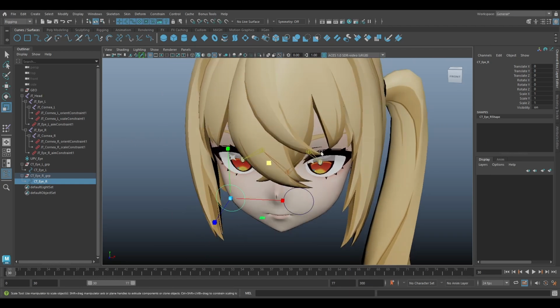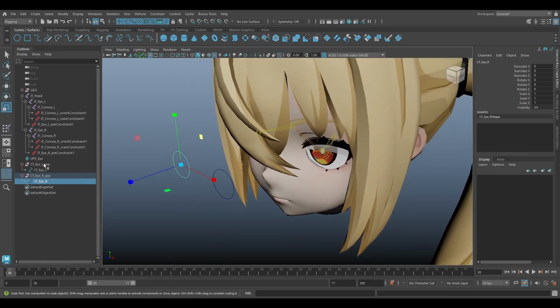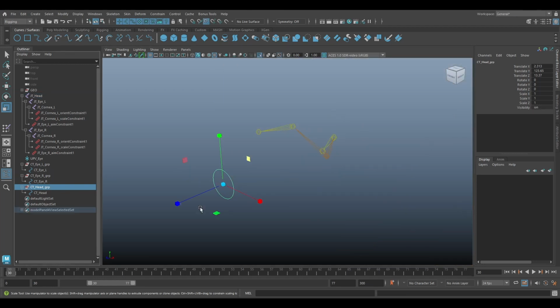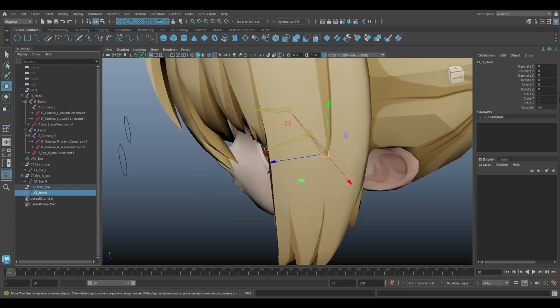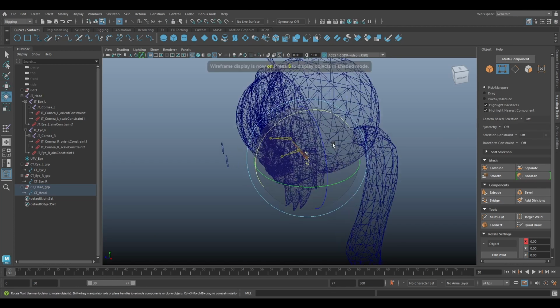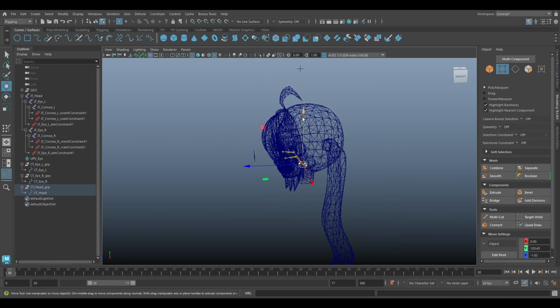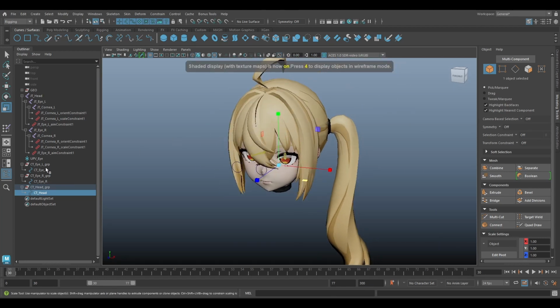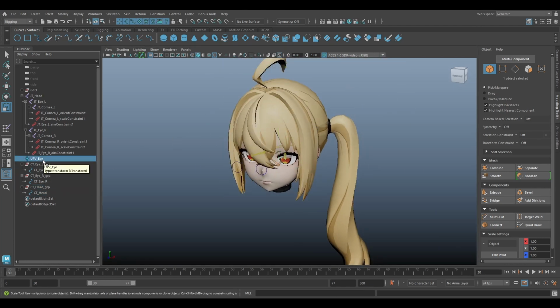And then we can add controller for the head. You can duplicate this and rename it. Okay, and then you can select the locator and put the controller.